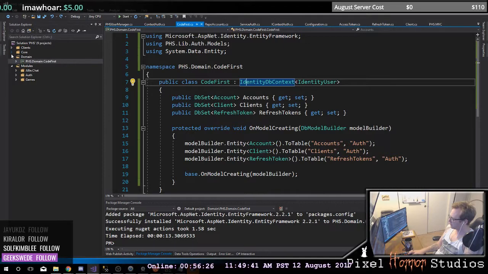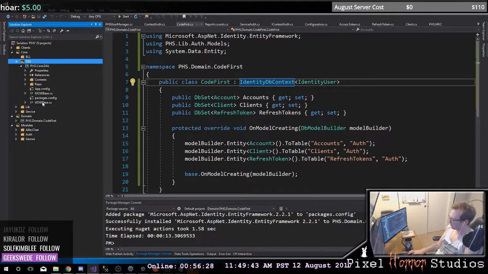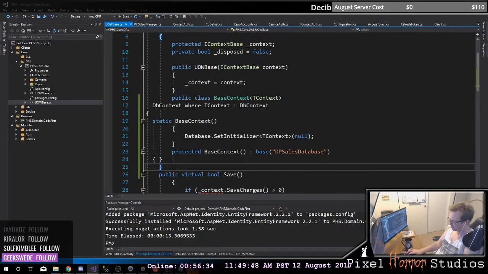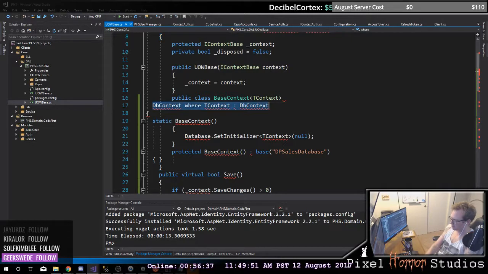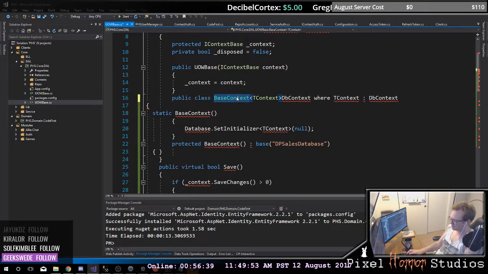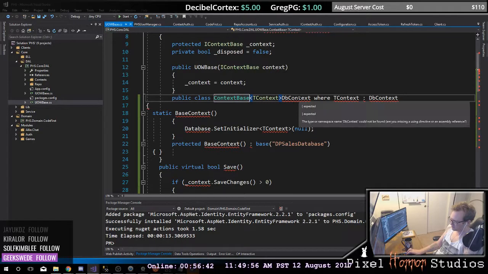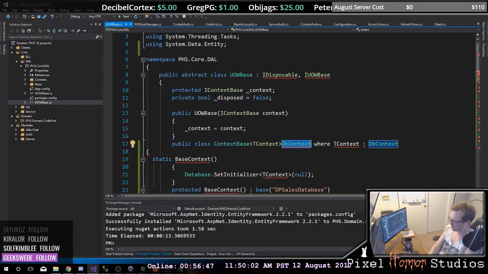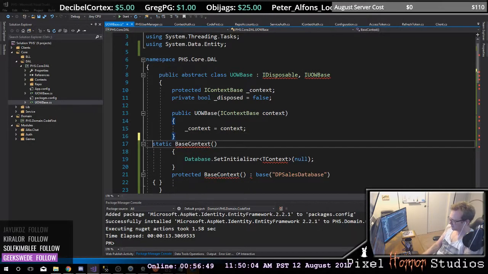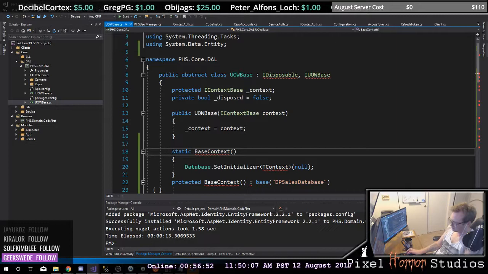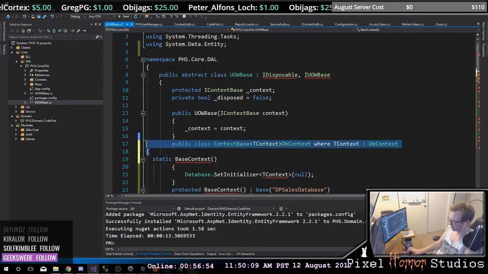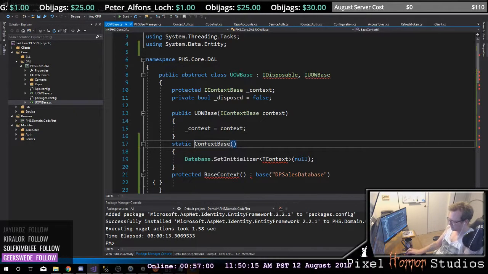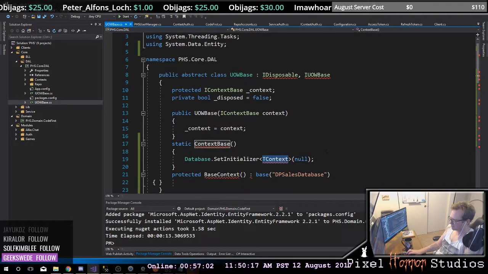I want to go to my core, under my data access layer, under my core, under my base, and then right here we'll just paste it. Let's format it. Oh, well, it's all screwed up. Base context is going to be called context base. It's going to have a DB context on it. Well, it doesn't have this, but what it does have is a static. Was there a public on that before I deleted all that nonsense? No. So it's just like this, and this is called context base. And then this is going to be of my type